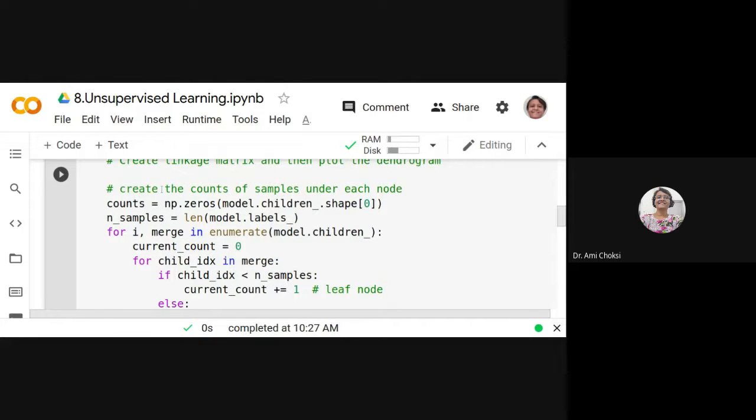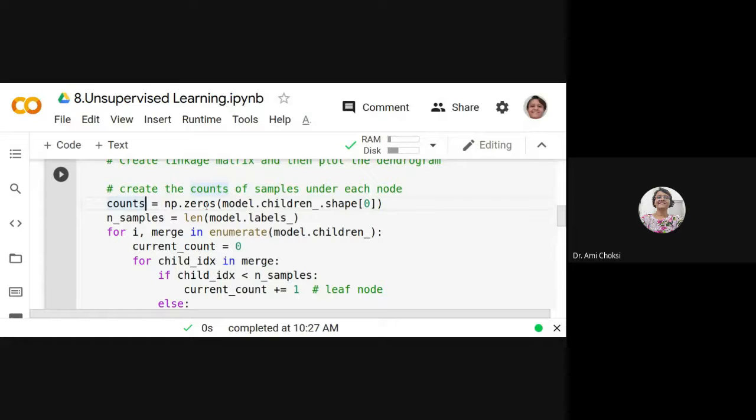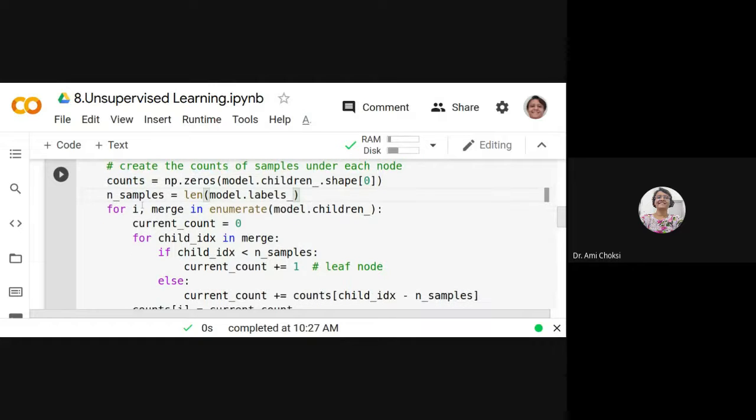Then what we do is create the counts of samples under each node, so we specify it as zeros, np.zeros, which will give us the initialized zeros. n_samples is equal to len(model.labels_). Whatever are the labels, with that we have n_samples, so we can have the idea how many samples there are, which we want to represent.